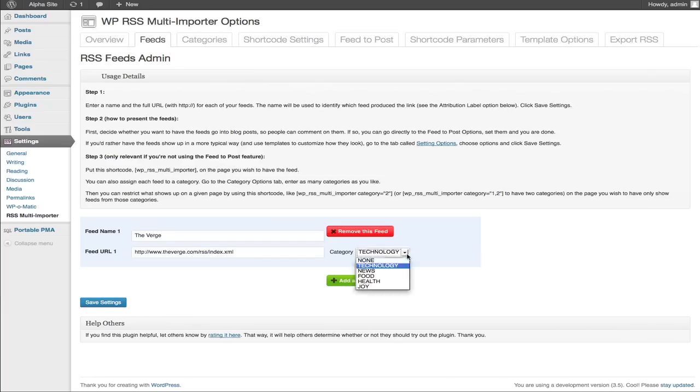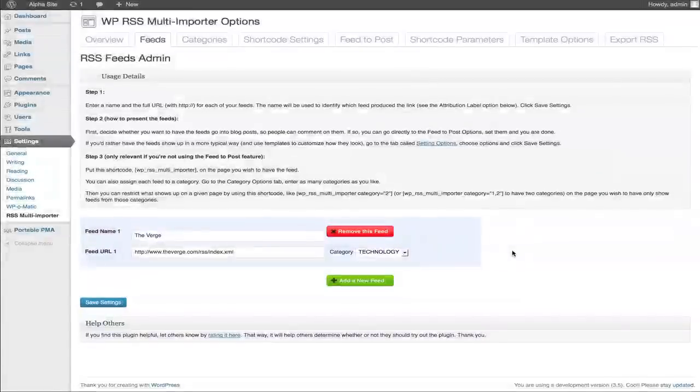And you'll notice that I've assigned it to a category. I have a number of categories that I've already set up here, and so when you put in a new feed, you can just assign it to a category. So this is assigned to technology. Alright, so once I have it set, and I can set up a number of feeds, I can have the feeds go into various categories,